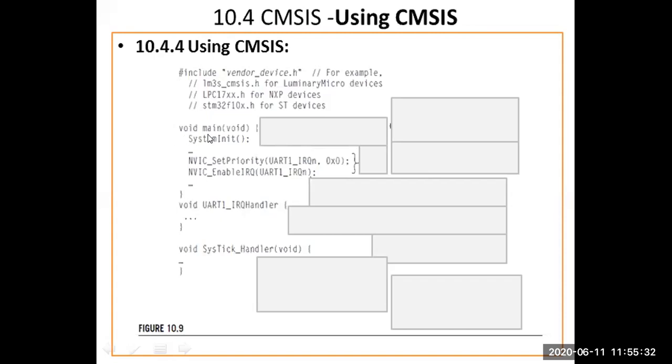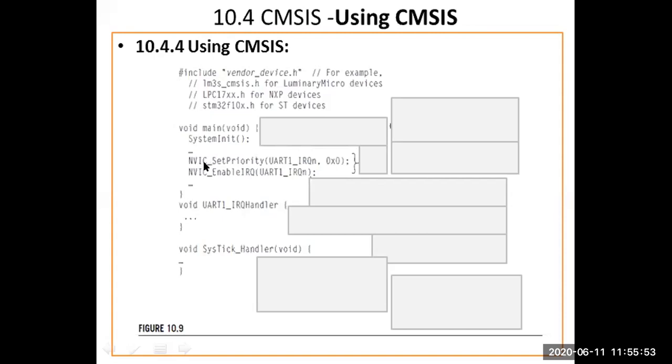I can see the main function is there. This is the main function, which is the important function, which calls all other functions, like key display functions, taking input functions. All these will be called from the main function. You can see system init function is there. Why? For initialization, to initialize the system before using it.